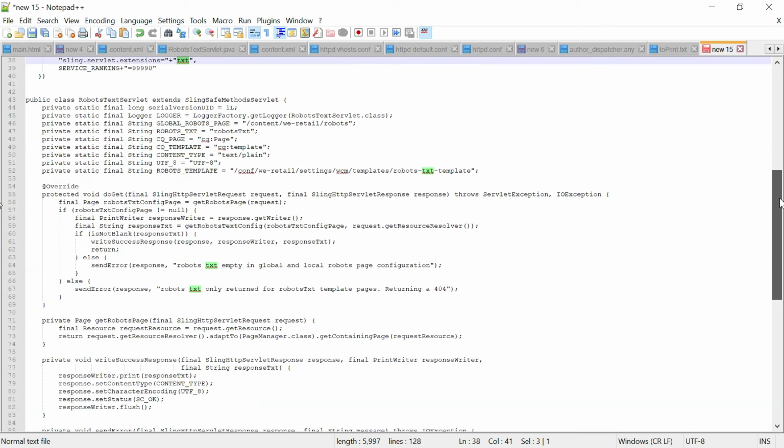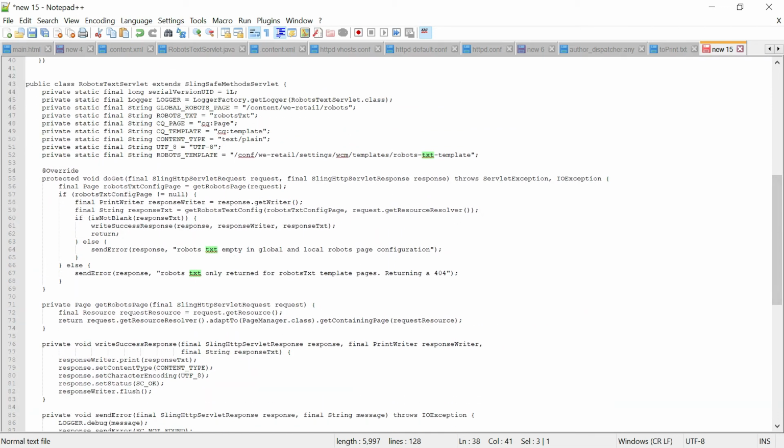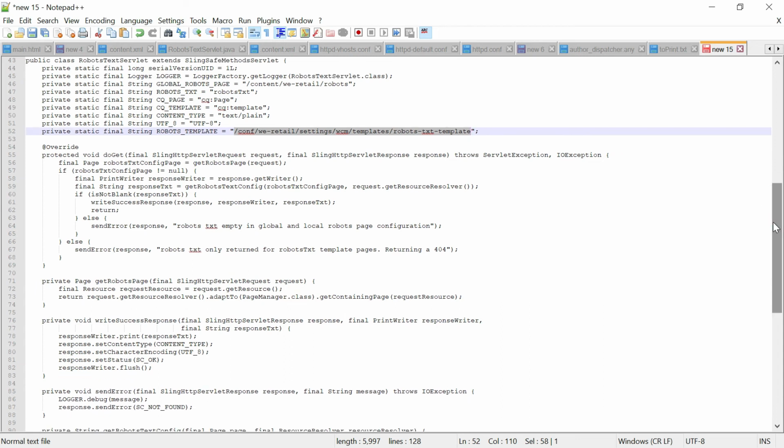Whenever we get the request, this is the template path. We are just checking whether the requested file is created based on this template, so that we do not serve files from other locations. This is the global robots page where I kept my global robots content.